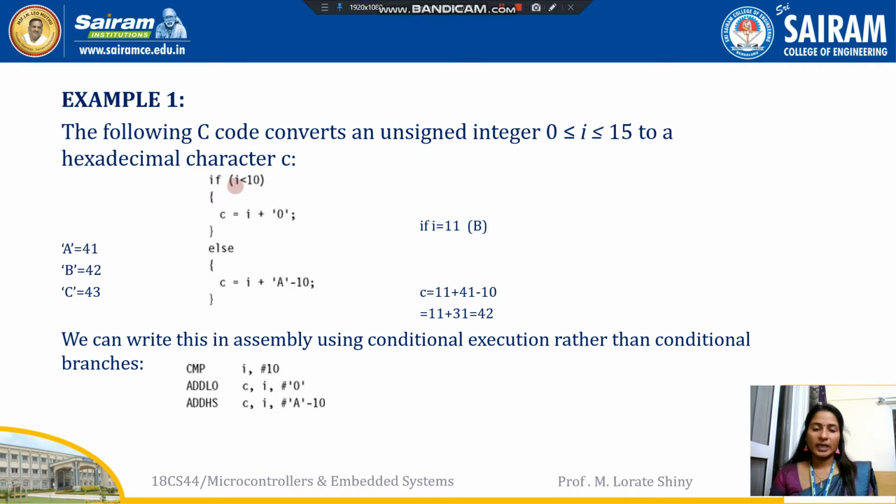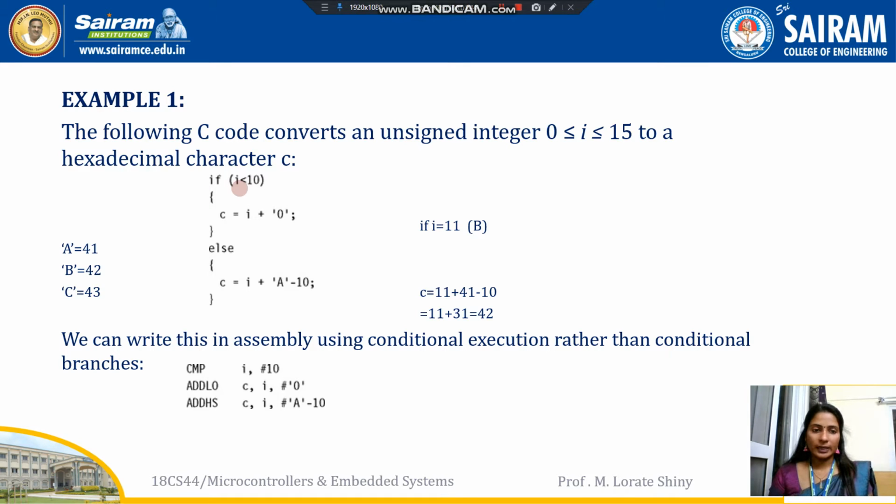First, it is checking whether the input data is less than 10 or not. If it is less than 10, then we need not convert to a hexadecimal value. Hexa values are from 0 to 9, then A, B, C, D, E, F. So if the data is from 0 to 9, then we need not convert. So what we will do, if it is less than 10, we will add 0 with the I. So there will not be any change. If it is